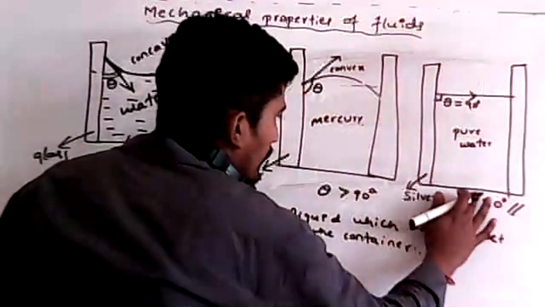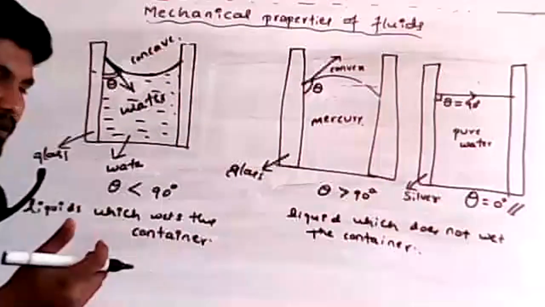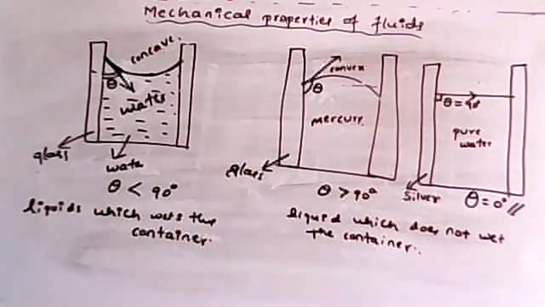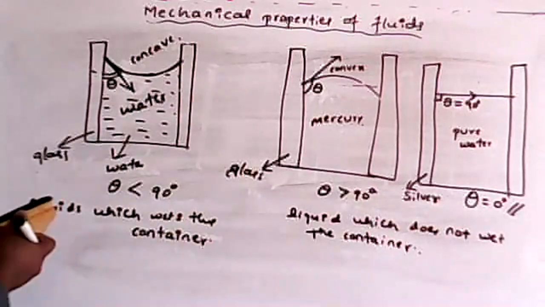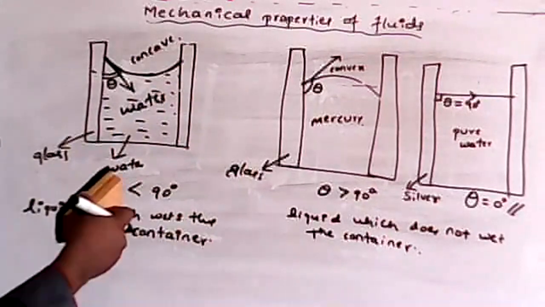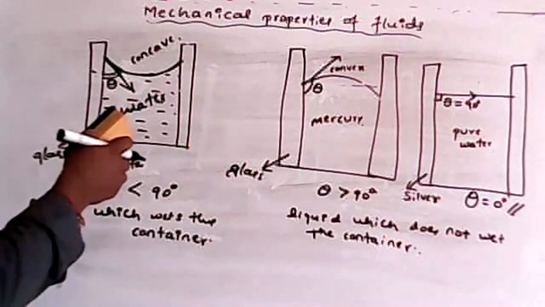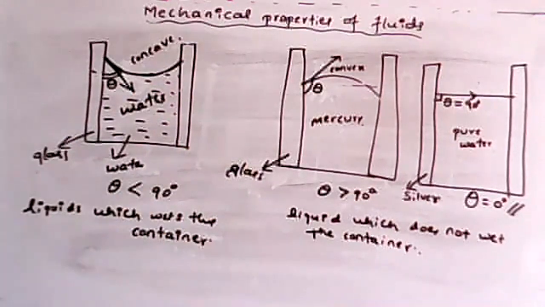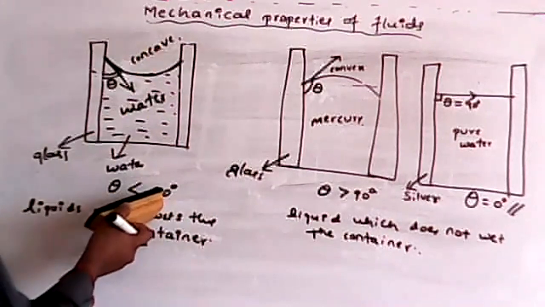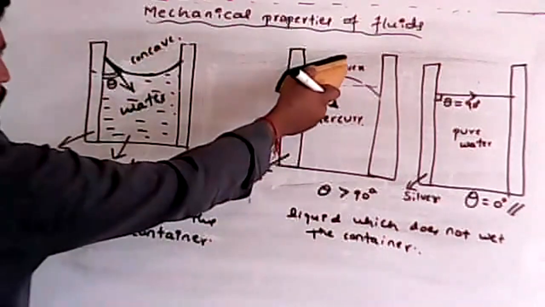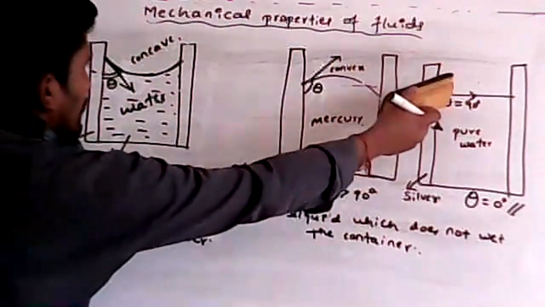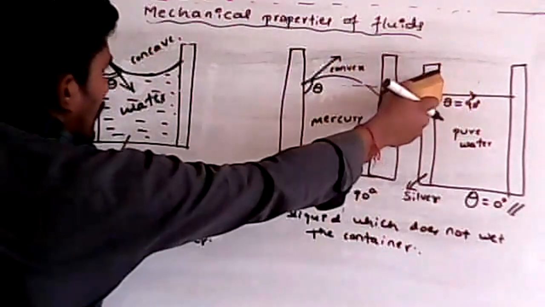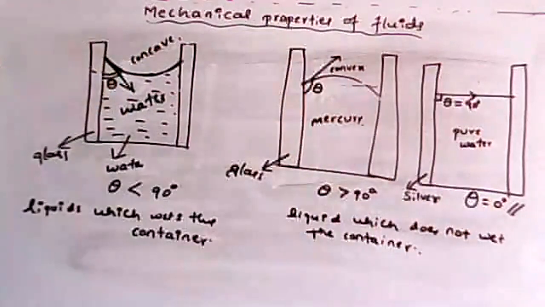Remember, in your booklet they have given it briefly. Just go through that. In short, I have written three cases in one frame. The conclusion is simple. Here you will get concave as well as less than 90 degrees. Here you will get convex, and greater than 90 degrees. This is plane, so that is why theta will be 0 degrees. So that is the case.